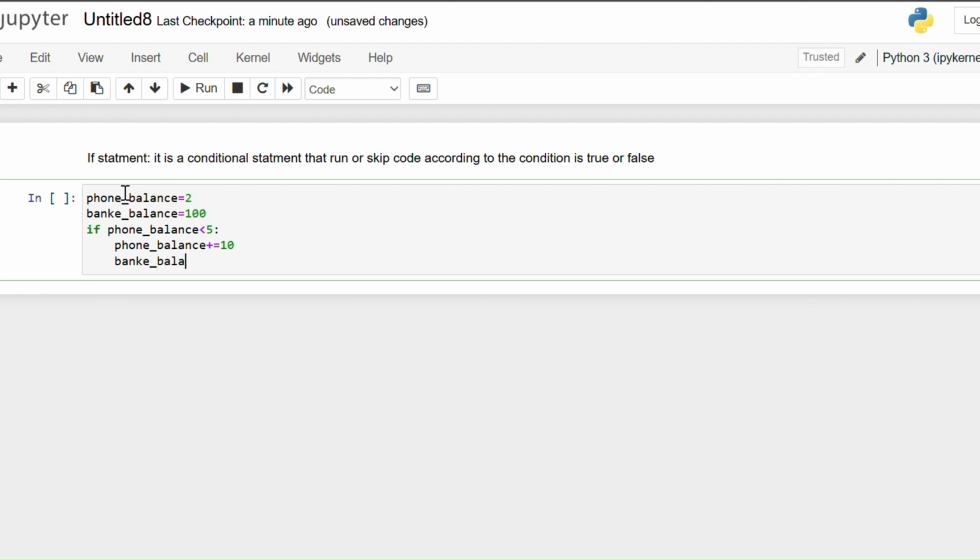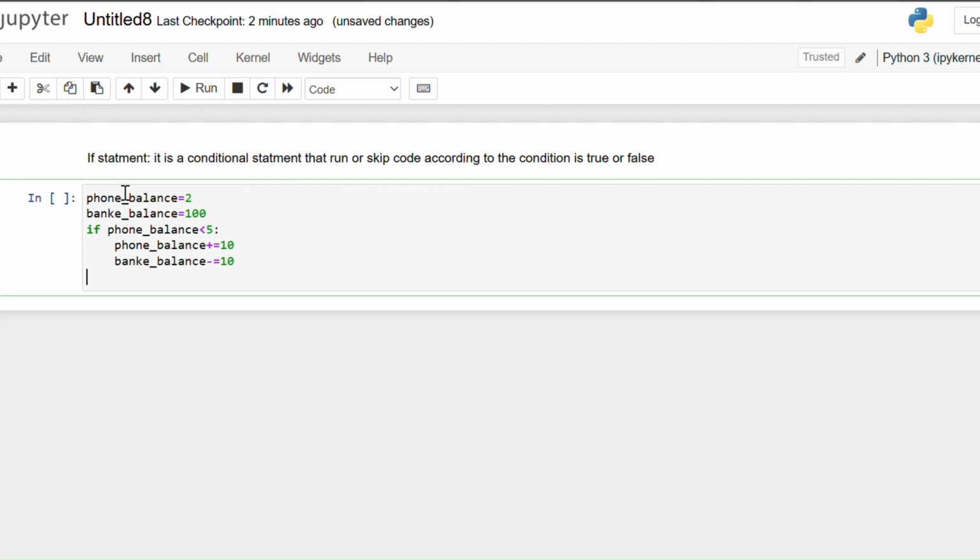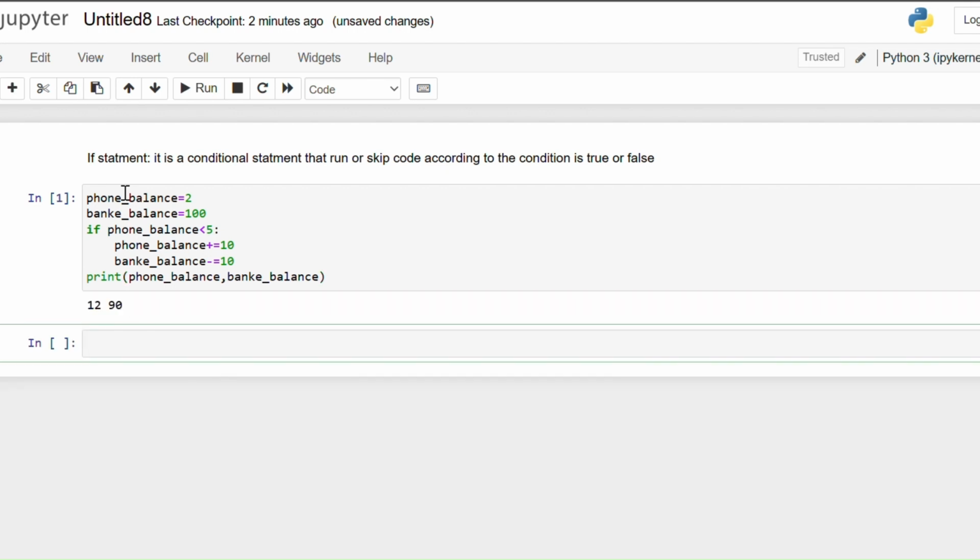This is how it works. And my bank balance, to withdraw this amount I recharged my phone with, so minus equal 10. So I want to print my phone balance and my bank balance. Here I added 10 to my phone balance. I recharged it by 10, and this 10 was withdrawn from my bank balance. So I must see the 2 here added 10, which is 12, and my bank balance is 90, where I